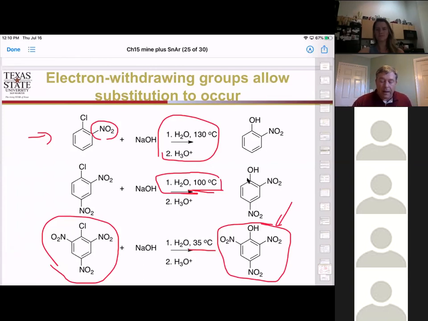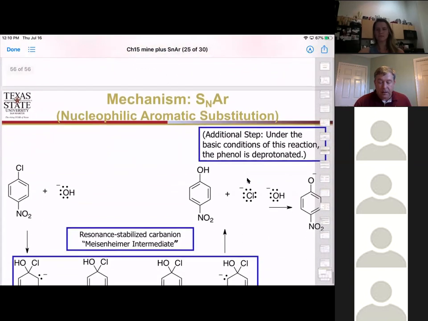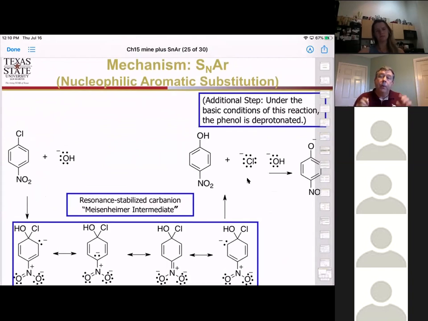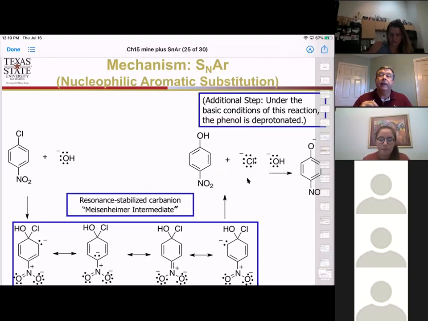Okay, so why does this work? Why does this only work with electron withdrawing groups? Remember when we did our first reaction, we actually were forming a cation that was moving around the ring, and that cation was stabilized by the fact that it can move around to multiple places. And in the case of having a lone pair on a substituent of the ring, that lone pair can donate back in and have a fourth resonance stabilized charge species, okay? That's why the electron donators with electron pairs added that extra